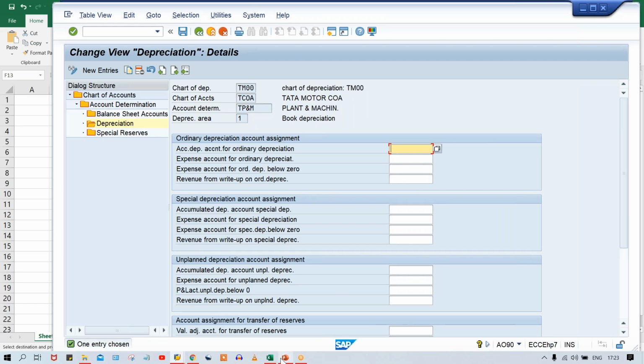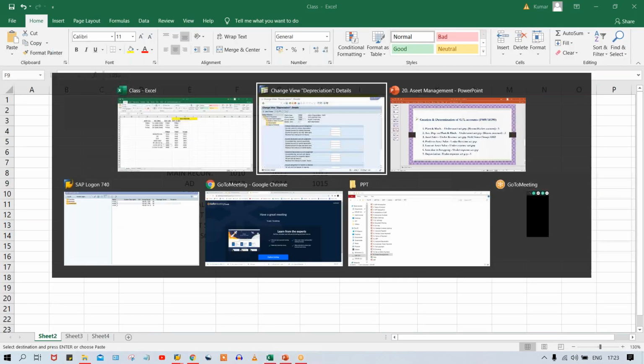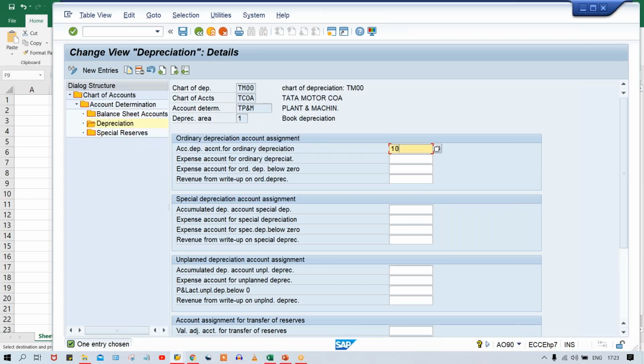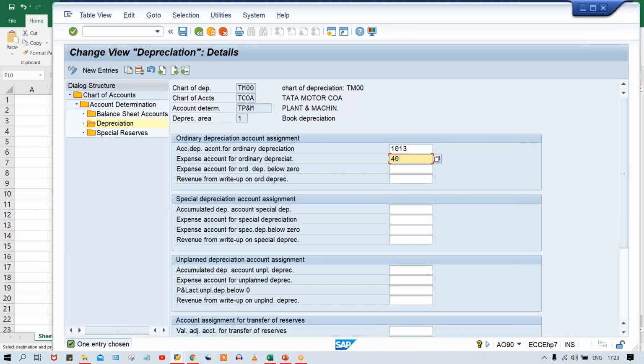What is the GL account for accumulated depreciation, guys? We have already created 1013, so that is going to be assigned 1013. And for ordinary depreciation, look at here, ordinary depreciation means the depreciation account which we have created. This is 4001. So look at here how easy it is to find out the GL account here. If you give somewhere in Excel sheet, just save it,